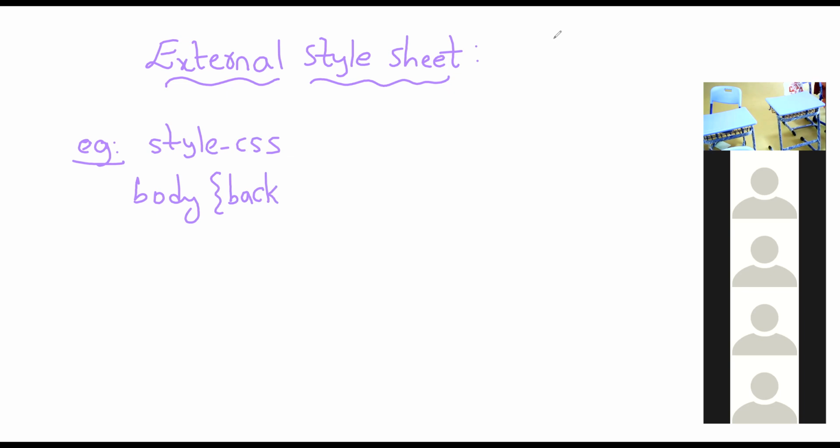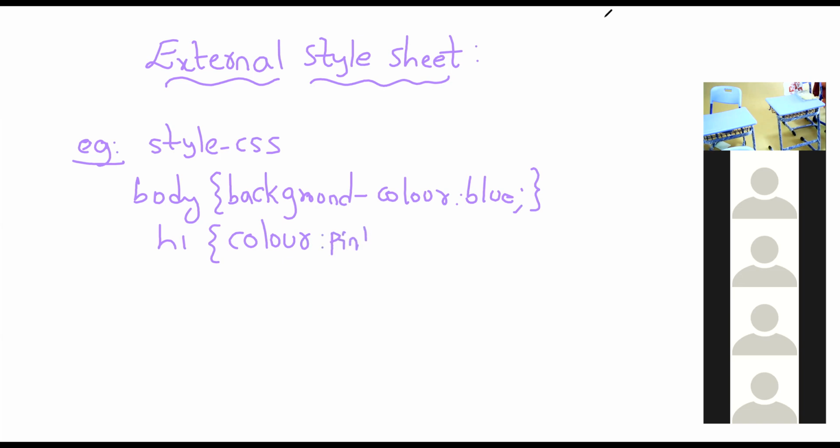So for the external style sheet to work on a number of web pages, we compulsorily have to create a .css file. What I am writing is a .css file. This is not HTML. If any HTML tag is contained in the CSS coding, it will become an HTML document. For an HTML document we have to mention the HTML tags, but we will not write those in this. This is only the code we will write.